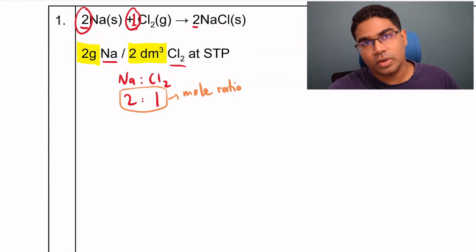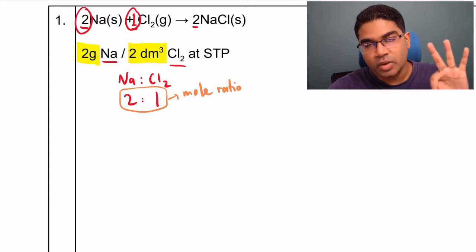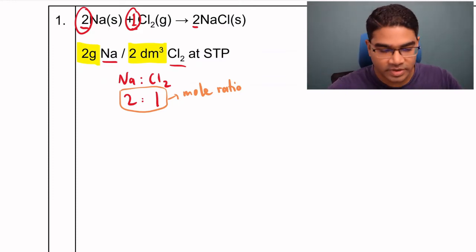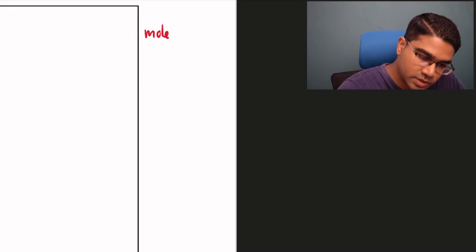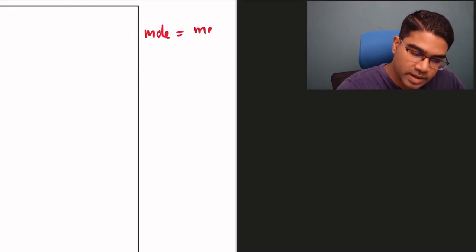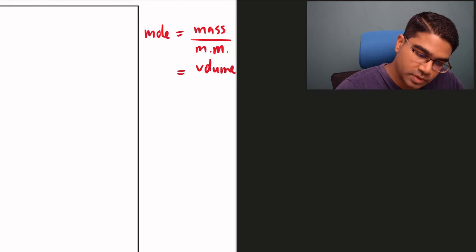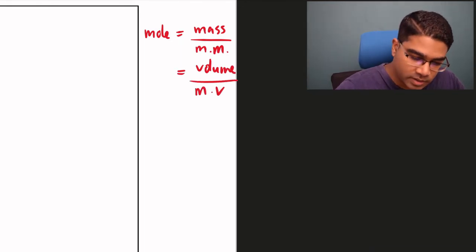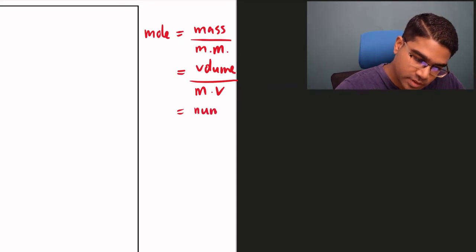So we have to go back to our 3 formulas of moles, which you cannot forget when we are doing chemistry calculations. So mole is equal to the mass over the molar mass of the substance. It is also the volume over the molar volume of a substance, and it is also the number of particles